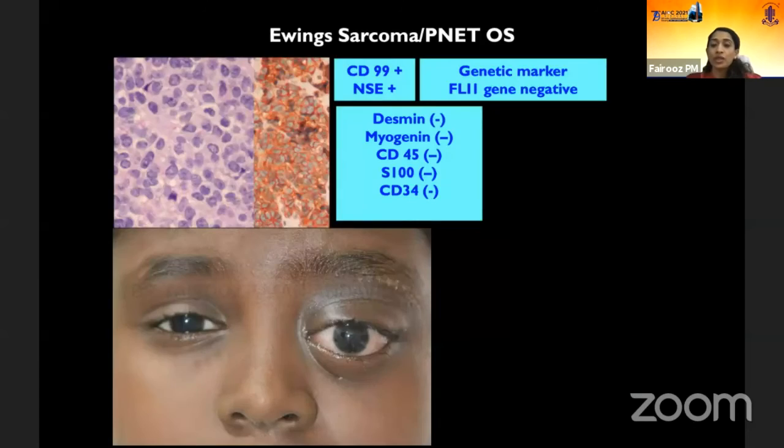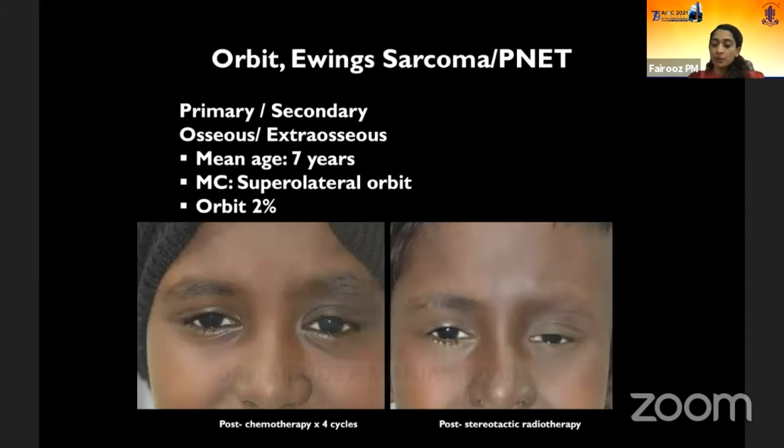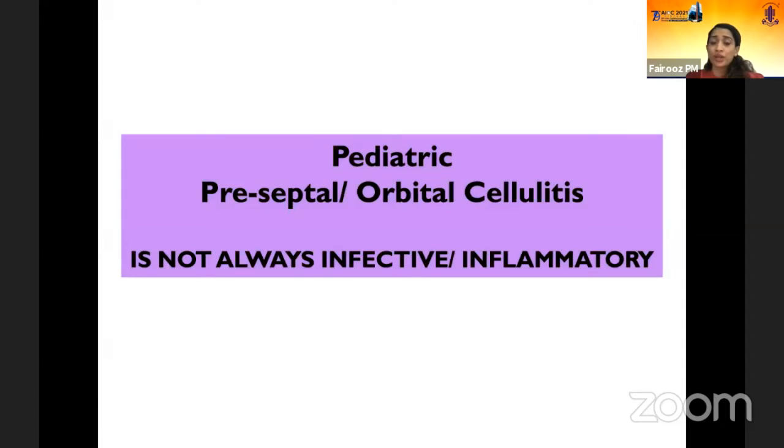And what came out in our biopsy was an Ewing sarcoma, the PNET, where detailed immunohistochemistry was done. She was systemically evaluated with a PET scan, and fortunately it was within normal limits, and it was a localized primary Ewing sarcoma. She underwent the entire cycle of treatment, including chemotherapy and radiation, and she's doing fine. She's actually under 2 years of follow-up without any recurrence.